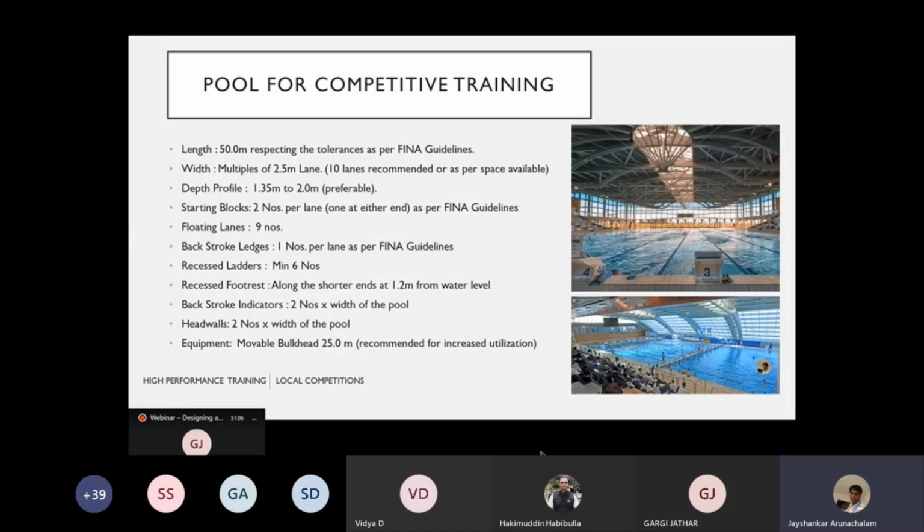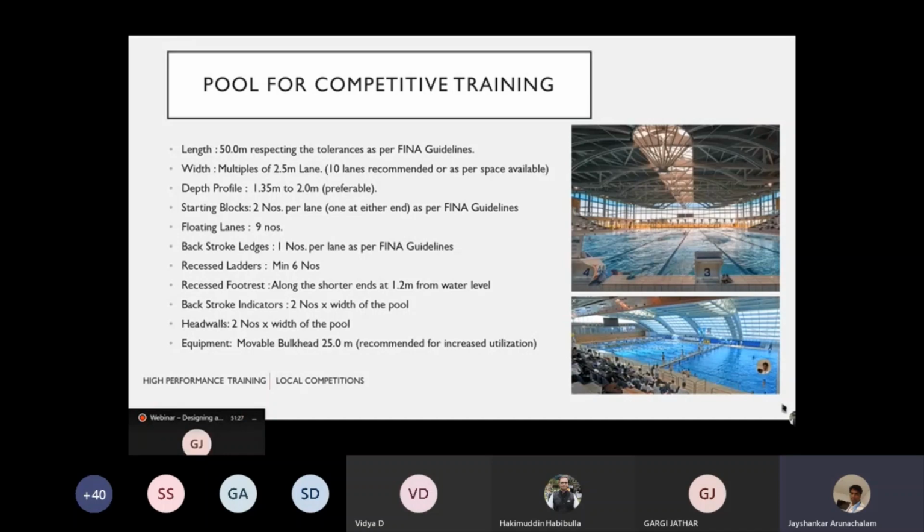The depth profile could be 1.35 to 2 meters preferably. We could have starting blocks on both ends, which is a very good condition, but even one on each lane could serve the purpose. With 25 meters, we will have about 9 lanes. Ledges on each of the